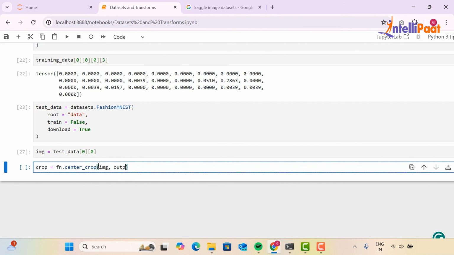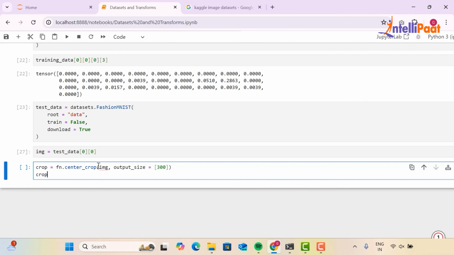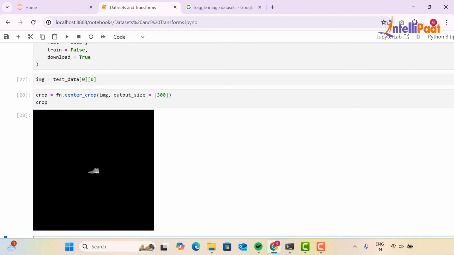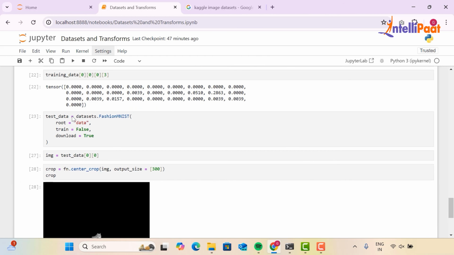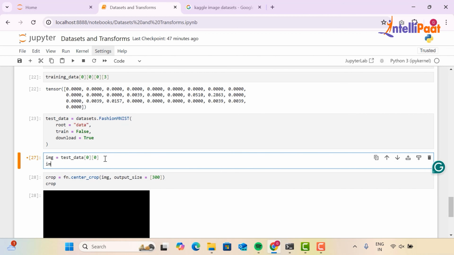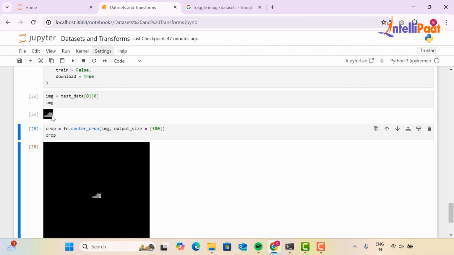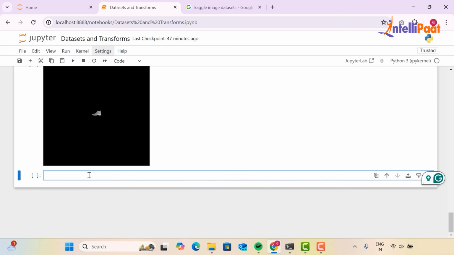Let's give this variable name as image, and we'll give the output size as, let's say, 300. Let's print it. This is what our image will look like once the size has been increased. As you can see, earlier the size was this, and now the size has increased significantly, right?